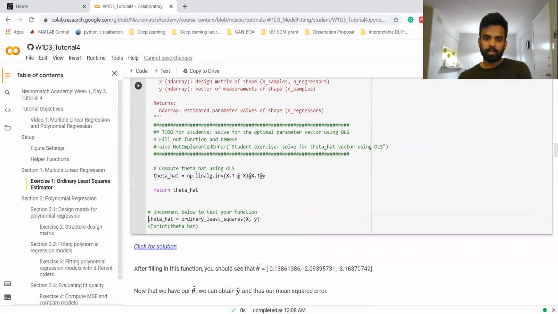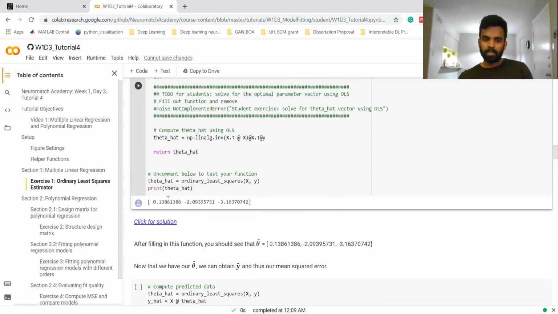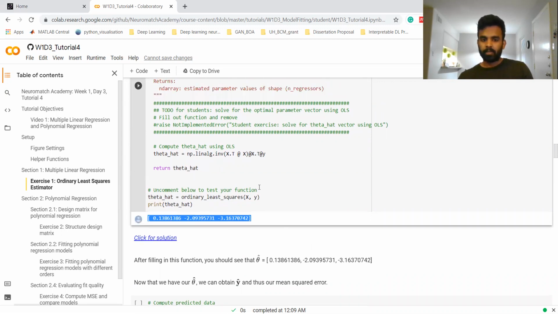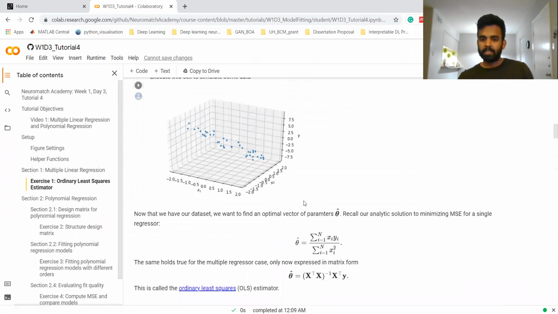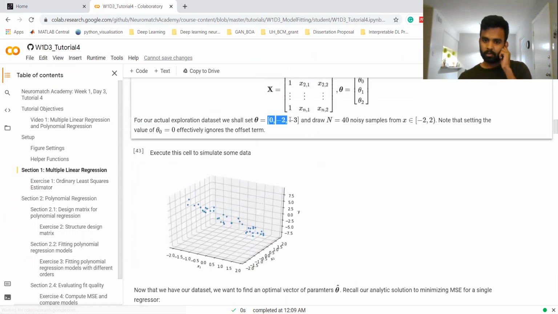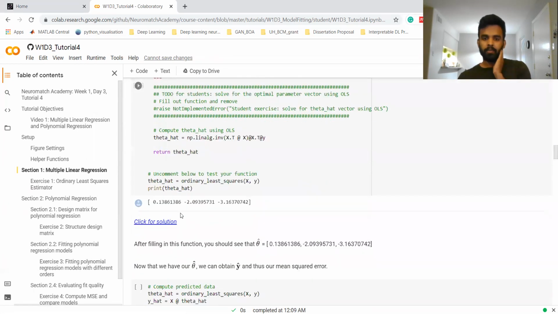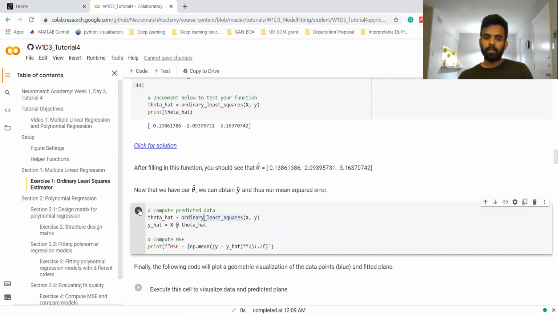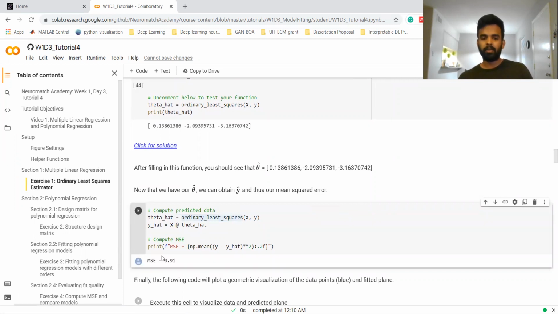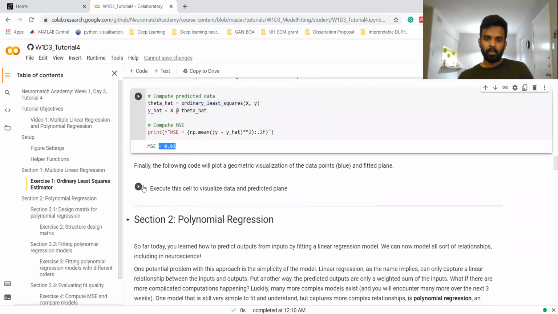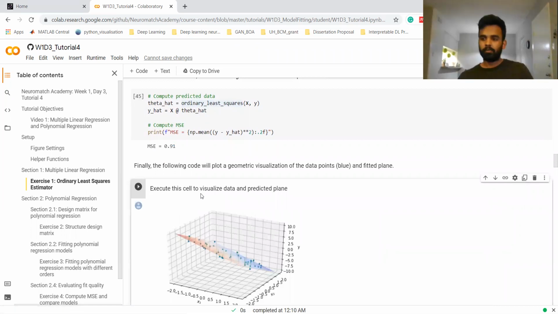Now let's uncomment this section and see if this runs fine. Ideally, you want your values to be the same. That is what's expected. Because we simulated the data, we know the ground truth. It is 0, -2, and -3. It is very close, but there is some difference, right? To see the difference, we can compute the mean squared error. This is the total mean squared error between your predicted values and the actual values. Now let's just try to visualize the data we have, right?